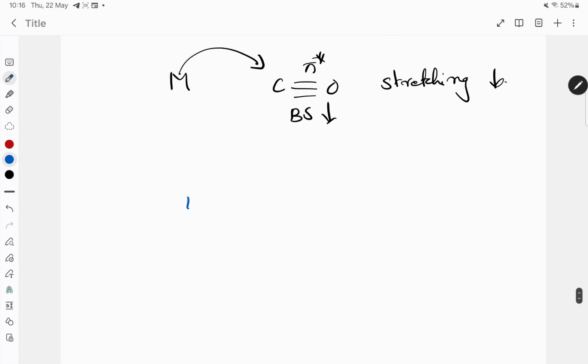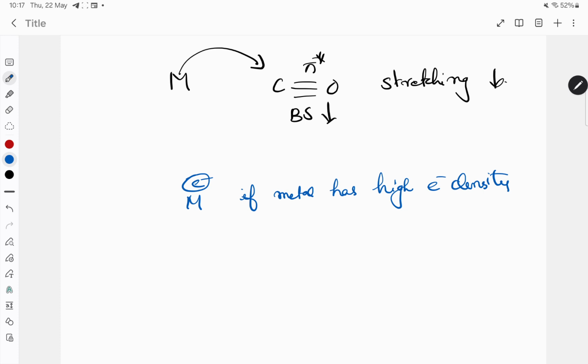In synergic bonding, if the metal has high electron density, basically the negative charge should increase,